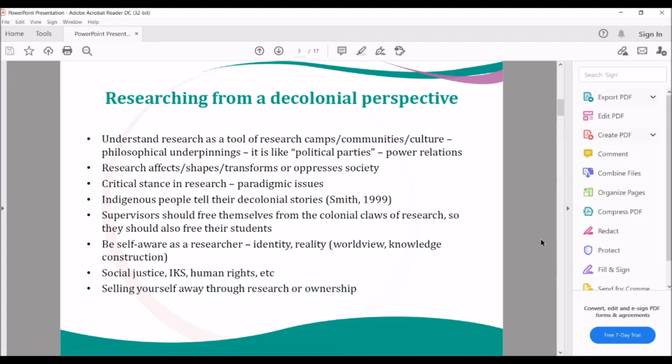And for me, this is very, very important for a researcher at postgraduate studies, and also for academics, seasoned or developing, to research with relevance in mind. A big question that comes to every one of us is what are we researching on, and what is the impact of our research, and how relevant is it to the communities that we engage in our research, or whom we research about. So we've got to understand, first of all, research as a tool of research camps, communities, or even cultures, which is underpinned by philosophical